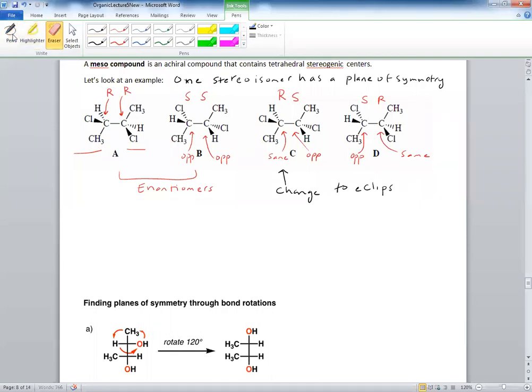This drawing is not helping me here. Eclipsed. Yep, to the eclipsed conformation. Just bear with me. The drawing here is not letting me, let's see. It's very slow. Yep, eclipsed conformation, meaning that I actually rotate